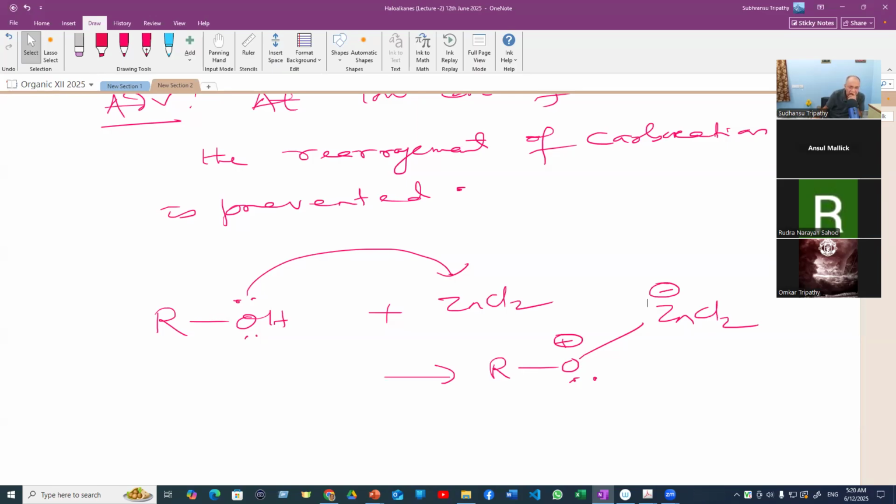Or if you write Zn2 plus, then the charge will be reduced. It is better to write ZnCl2 so that